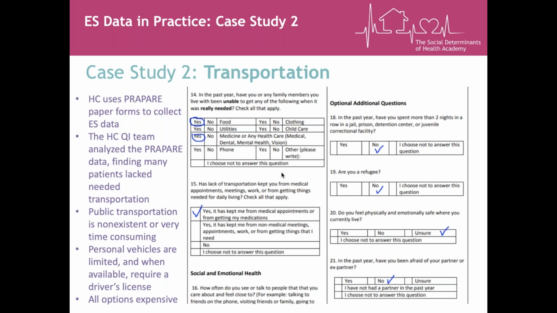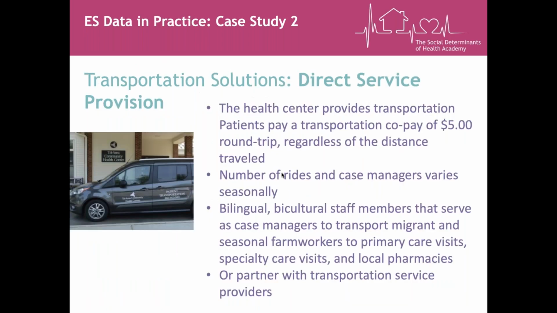So the health center decides to take action, and in real life, this health center did, and they really use all 4 of the different categories of tools available to them to address transportation issues. The first being providing services directly, having case managers or other enabling services staff